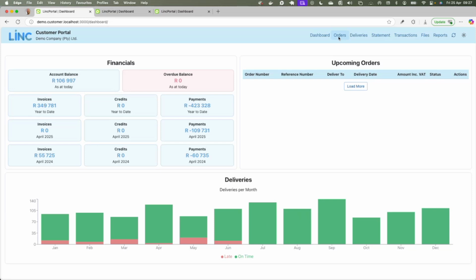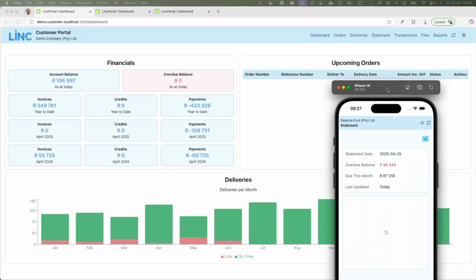Other small things like having the ability to ask your customers to update certain of their account information, like if their address or their telephone numbers change or something like that, and you will then be able to ask them to change that in the portal, and it will update Business Central also in real time.